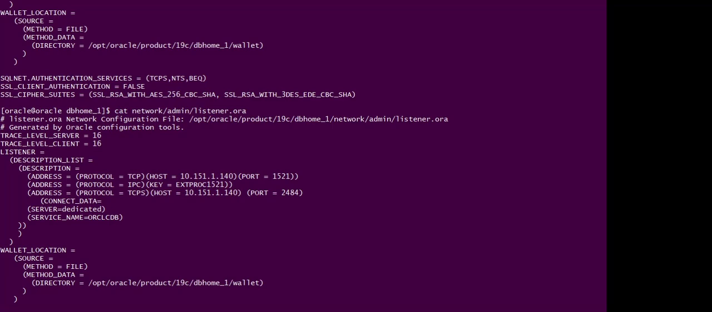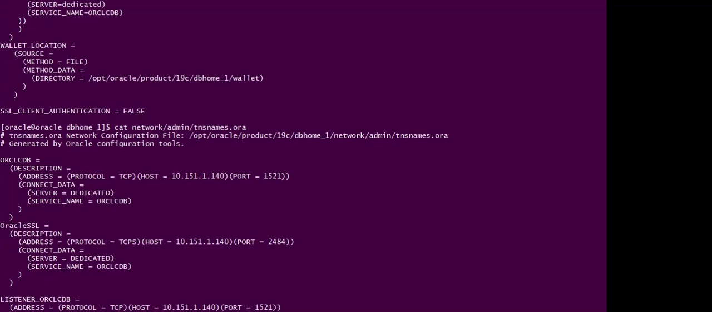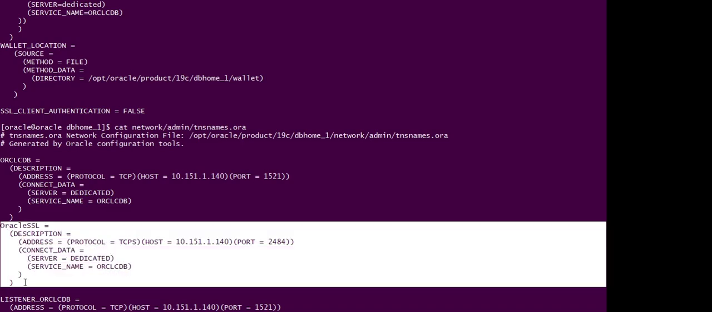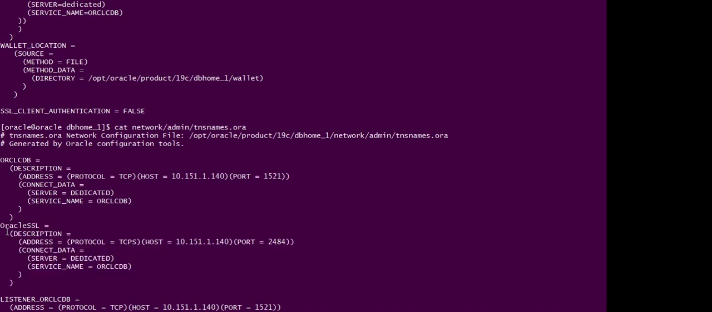and one more thing, let's look at tnsnames.ora. So network admin tnsnames.ora. So I have created another entry here called Oracle SSL, and protocol is TCP/S, and port is 2484. So at this point, let me